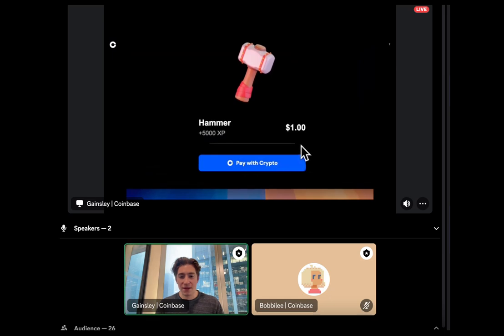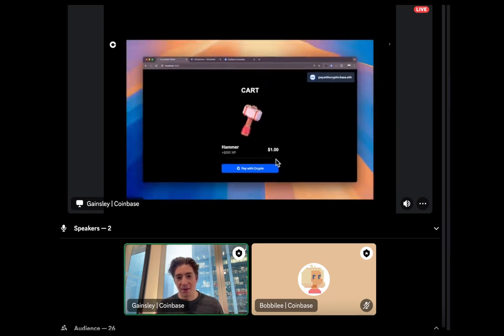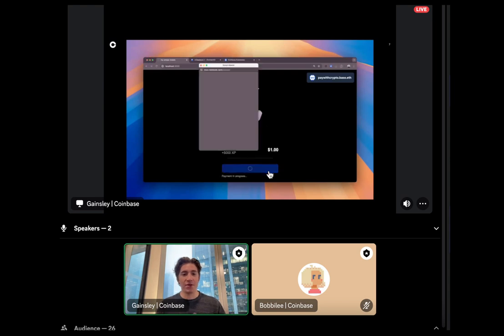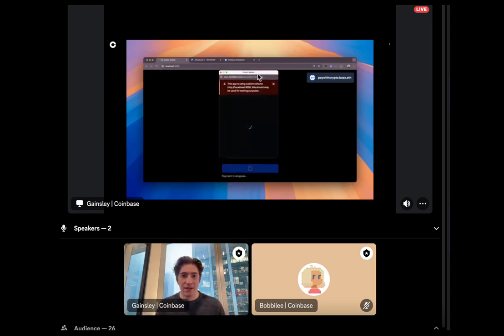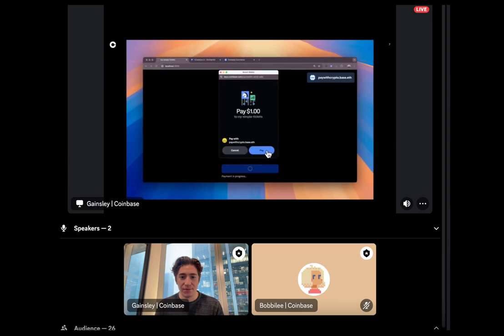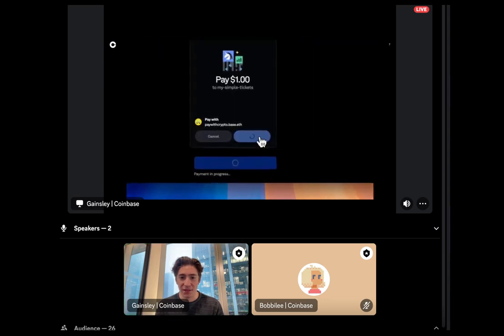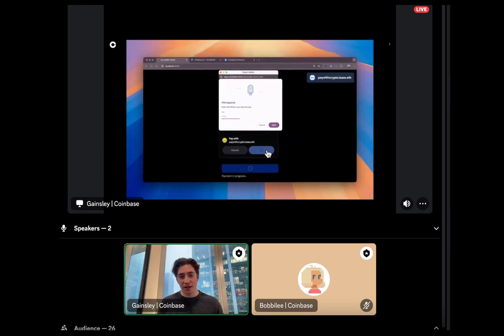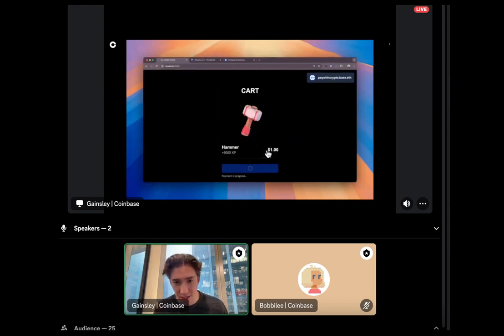And right there and then, I can now accept payments in my app without my customer ever having to think twice about what they're paying with and how they can on-ramp from wherever they have their funds. No crypto jargon. There's no gas fees. They just click pay and they're off to the races. This shows you just how easy it is to start accepting these payments in your app. You never have to worry about it.